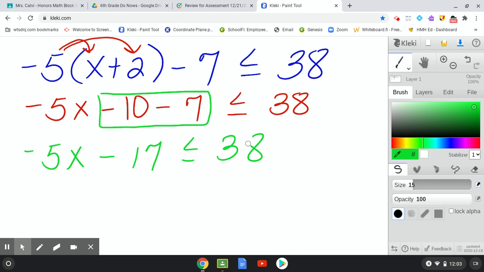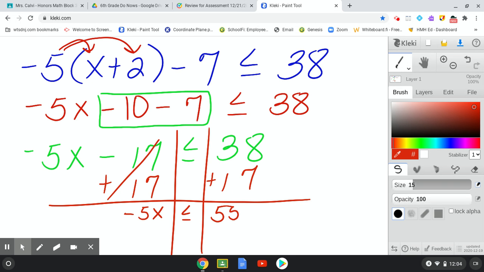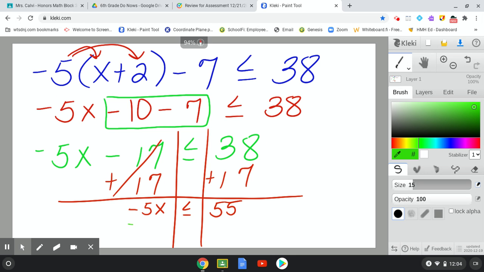to 38. I'm going to now move over my constant, get rid of my constant first. So I'm going to add 17 to both sides. My 17s on the left cancel. I'm left with a negative 5x is less than or equal to 38 plus 17 gives me 55. I now need to get rid of that negative 5. So remember, I am moving